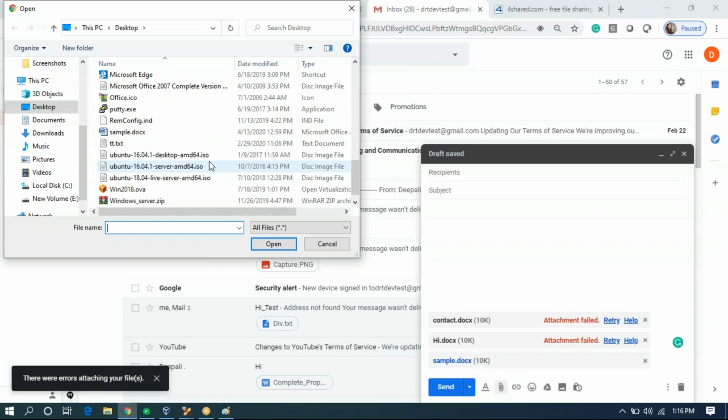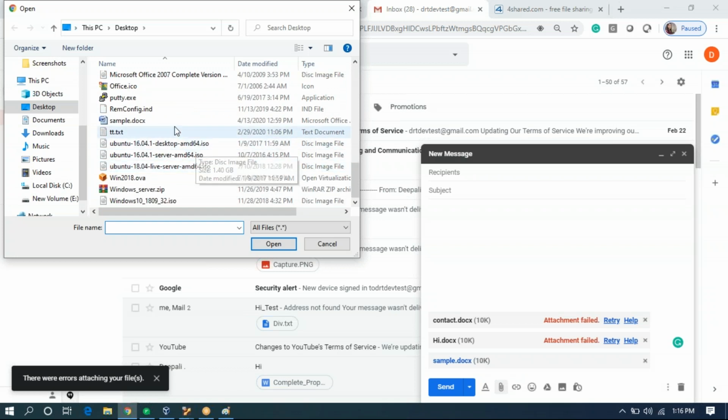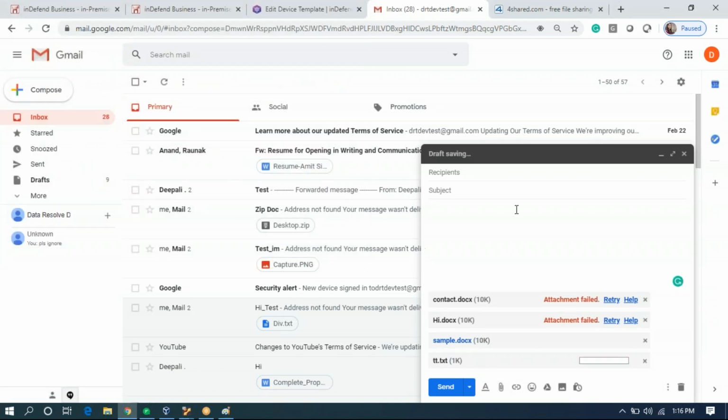And we'll also just upload some other random files. tt.txt also got blocked.